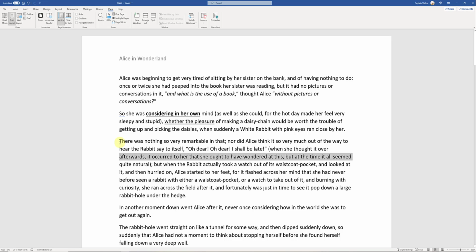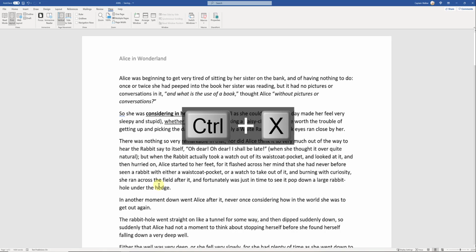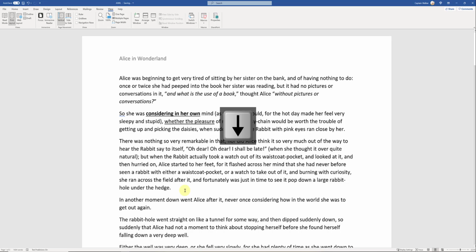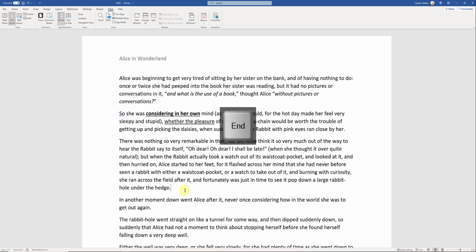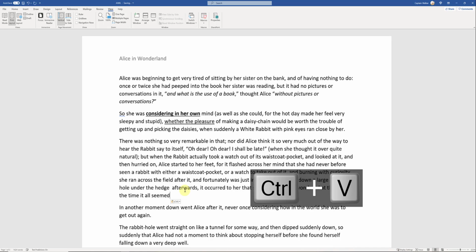So if I wanted to move those words, and it might have been at the end of a sentence, but just for demonstration purposes, I'll do Control X and remove it. And then I could come to the end of the paragraph like there, and I can stick that in like that with a Control V. Okay,